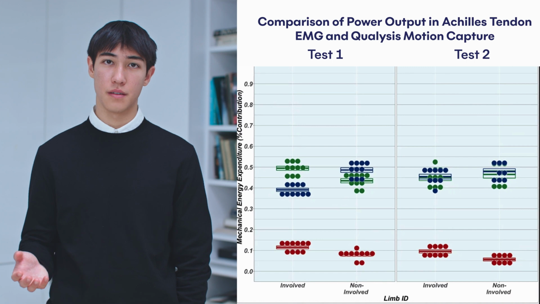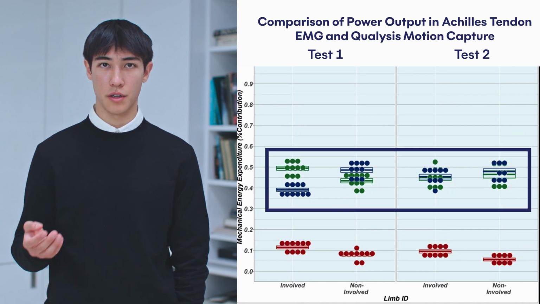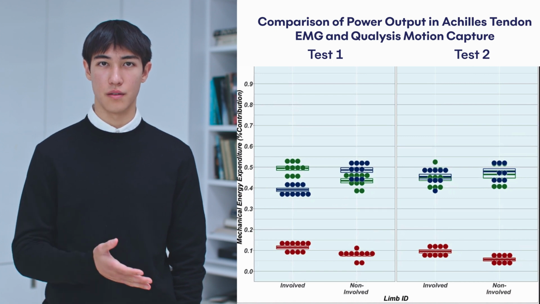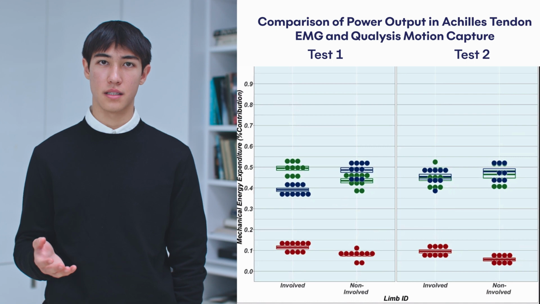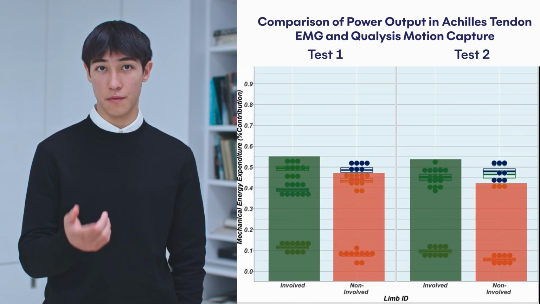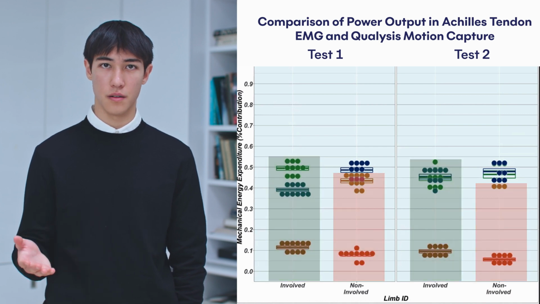This is the data we received from the experiment I just described. If you look at the green dots, those are referring to the ankle. On the x-axis, you can see that we have the non-involved versus the involved side, and the y-axis, you can see the energy expenditures graphed. If you look closely, you can see that involved ankle actually contributes more energy than the non-involved, which does not